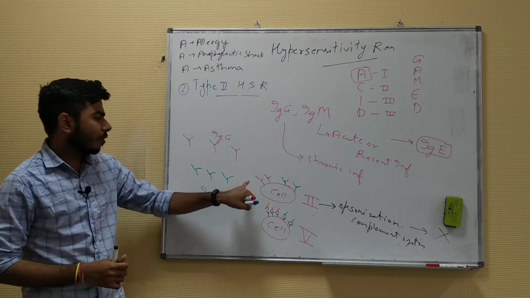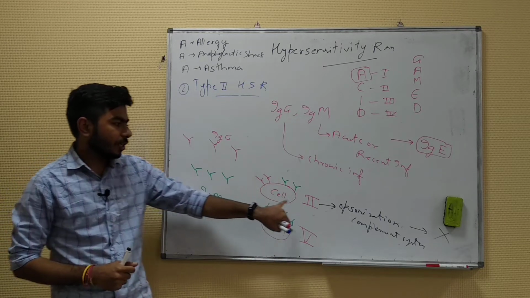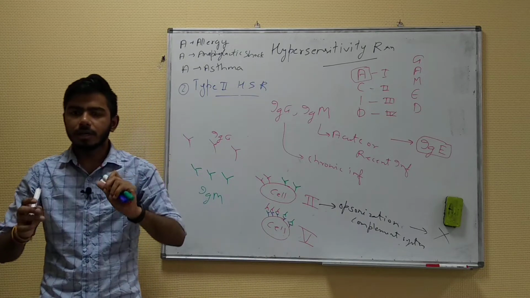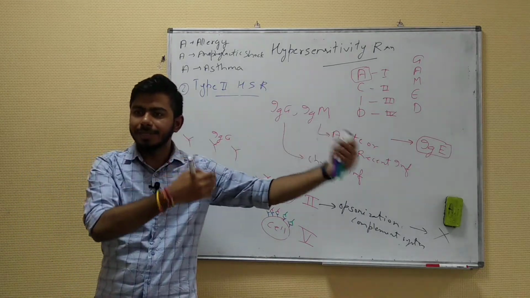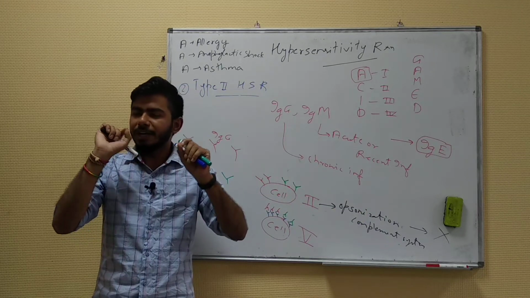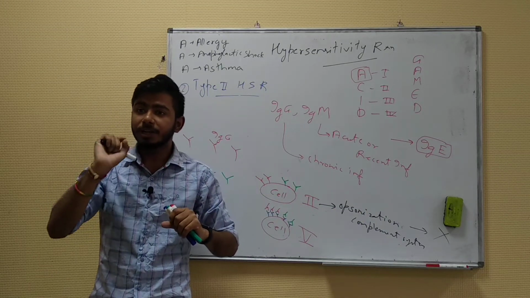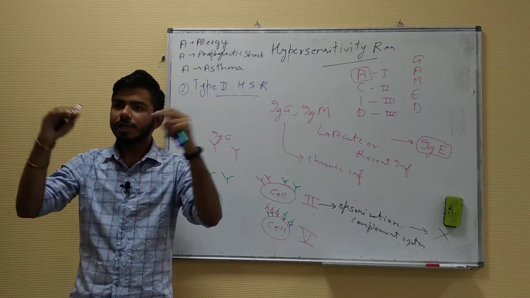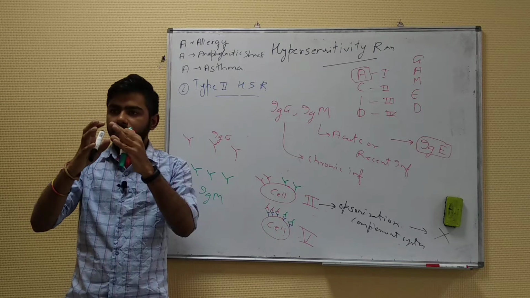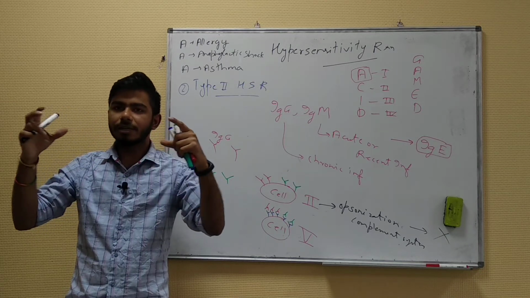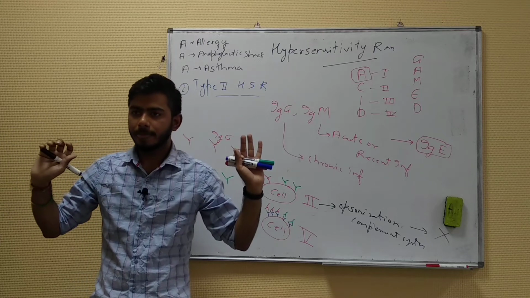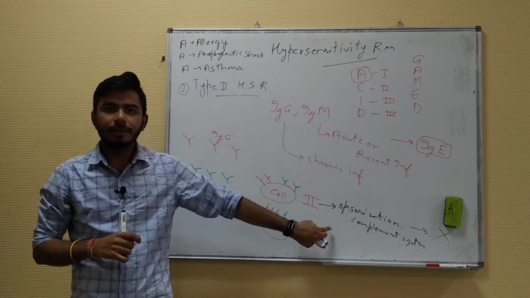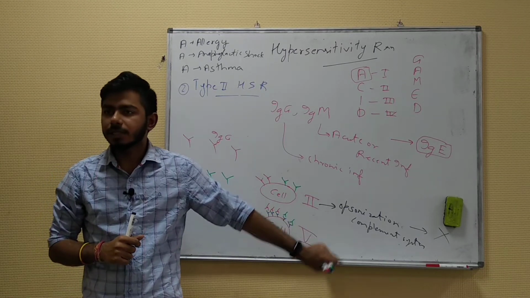Okay, so with the binding of these immunoglobulins to the cell surface, they will be activating the opsonization and complement system. Now what happens in the complement system actually? By the activation of this complement series, they will be puncturing the cell. As the cell is punctured, water will enter inside it, the pressure inside the cell will increase, and then finally it will burst. So this is happening in type 2 hypersensitivity. That's why we call it type 2 cytotoxic hypersensitivity.